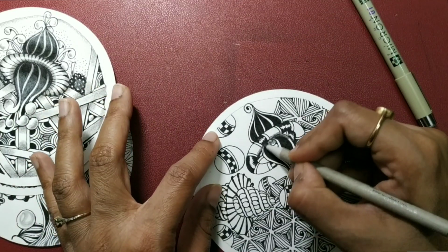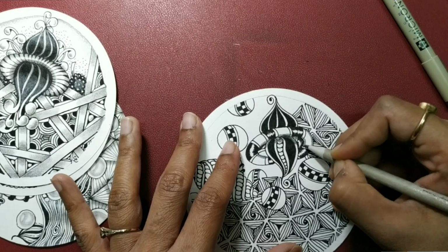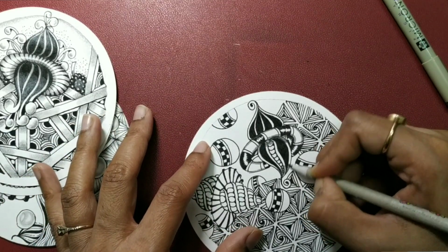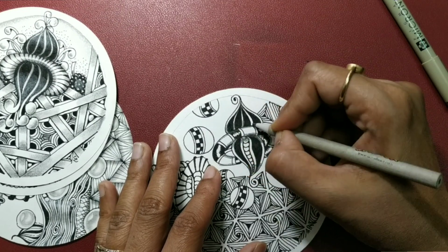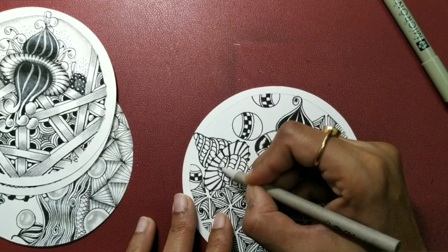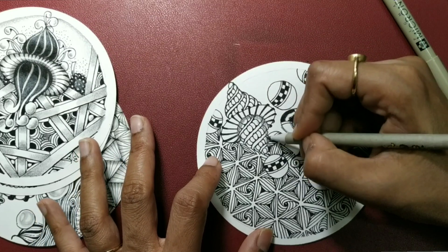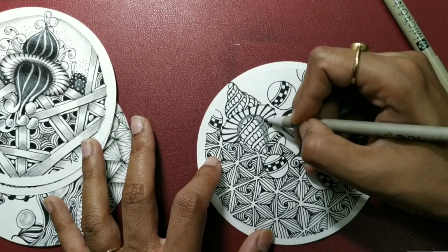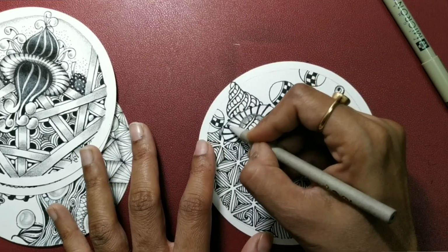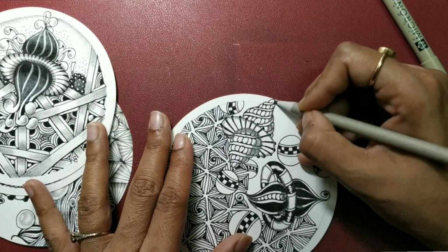A nice way to shade. So highlight those places. Make sure you don't add too much. Right? And here also let us add first. So pork, you always have a choice. You can add graphite to one side, or you can add under the strands, whichever way you want to shade, that's fine. I'm going to add graphite on one side